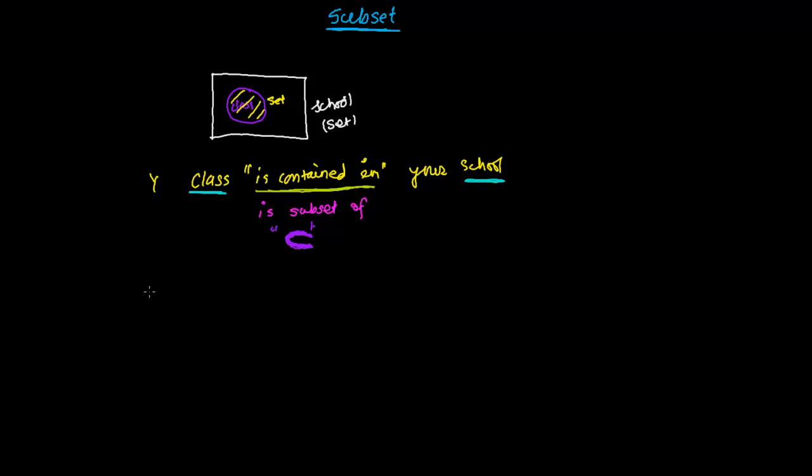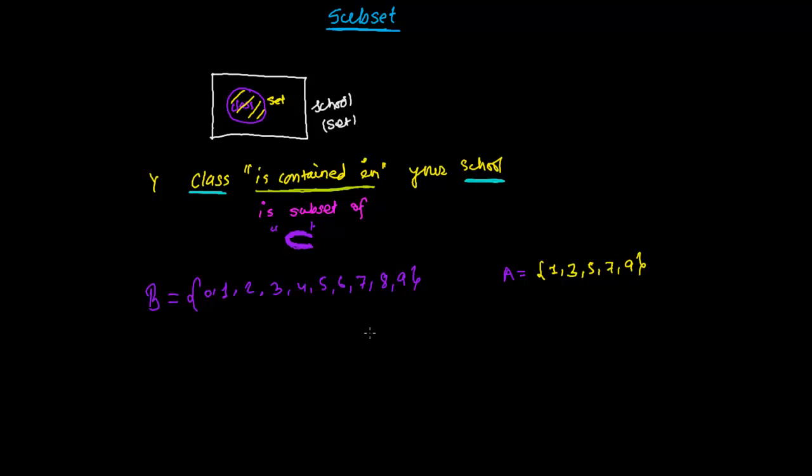Alright, suppose I have a set. Suppose B is a set, and in which all the digits are there: 0, 1, 2, 3, 4, 5, 6, 7, 8, and 9. And let me suppose I have one more set which is A, and in the set A there are only odd numbers. So 1, 3, 5, 7, and 9.